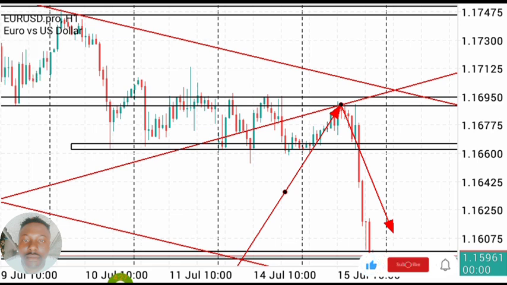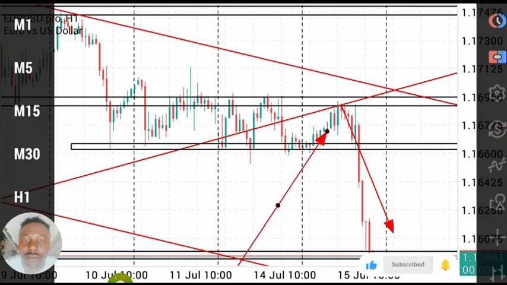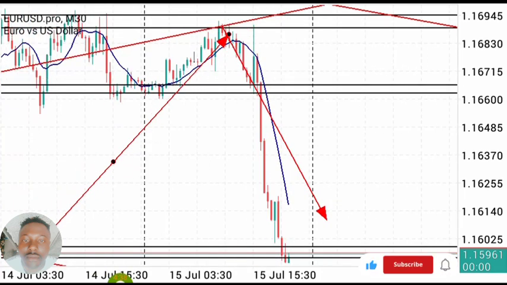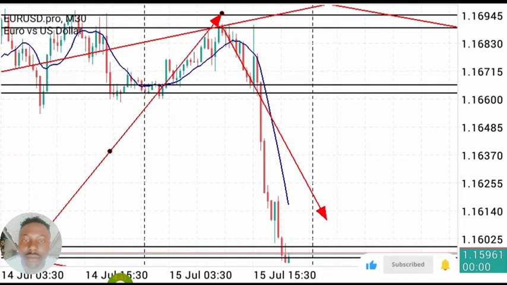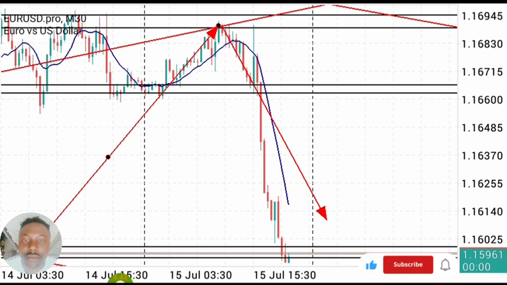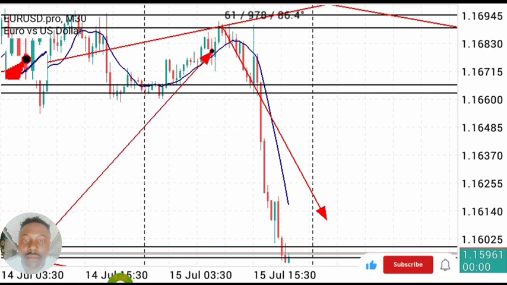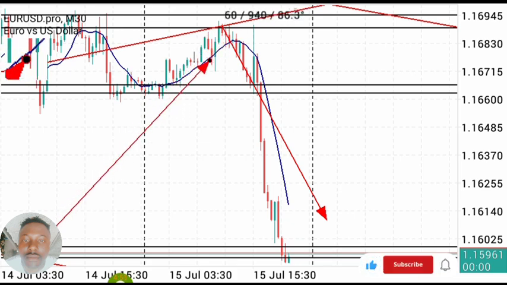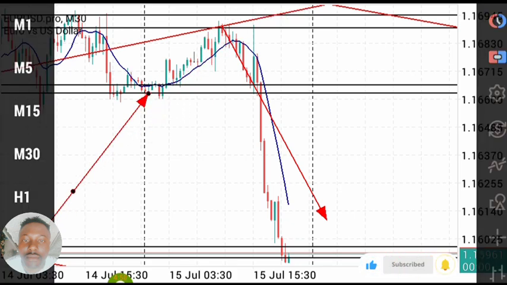Now what was the confirmation? My confirmation criteria I only met on the 30 minute time frame. On the 30 minute time frame, I waited for price to get to my support level, and when price just tapped into the support level, I waited for the bearish candle to be created. Now where is the bearish candle? If you look very closely when price tapped into the support line, you'll see that the bearish candle was created after this bullish candle. Now when a bearish candle is created, what do